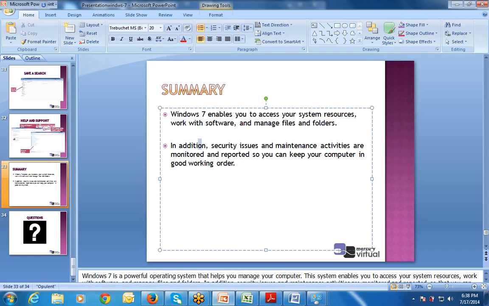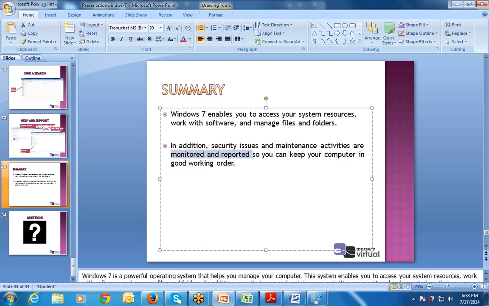The next point says, in addition, along with the first point, security issues, as I told you in the recent slides, like Windows Defender and Windows Firewall, those slides are used for security purposes. So Windows 7 also enables you to handle security issues and maintenance activities that are monitored and reported on every day.